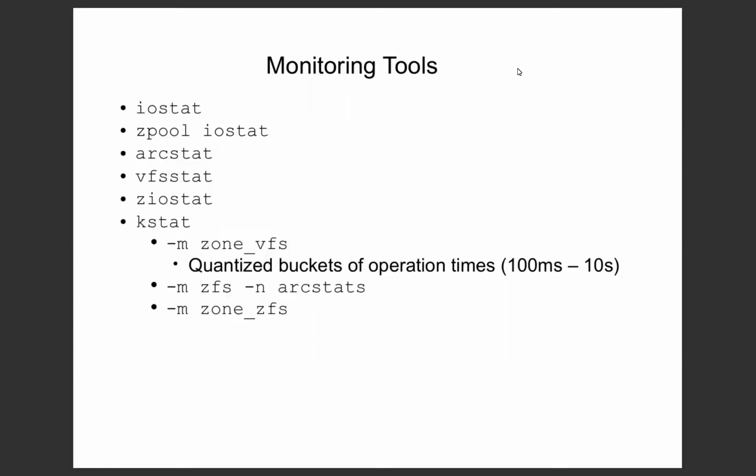using the kstat command. One of the things I think is interesting about that kstat is that there's some information in it that isn't exposed through any of the CLIs, because we have this mechanism where we quantize operations into different buckets. This is interesting because you can see if you were hitting any long latency problems, either ongoing, if you compare the difference between one run and the next, or you can just see if you ever hit any,